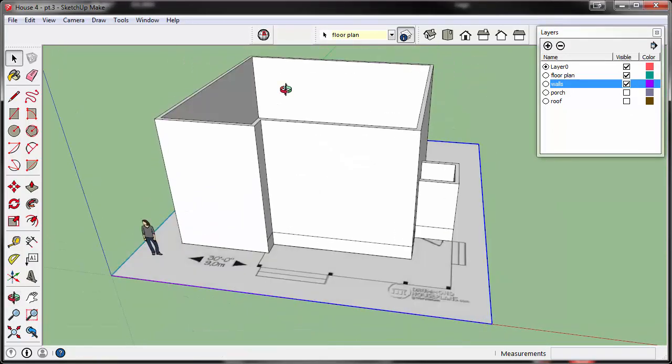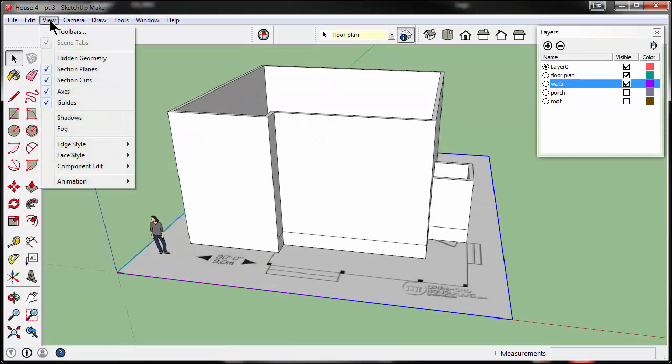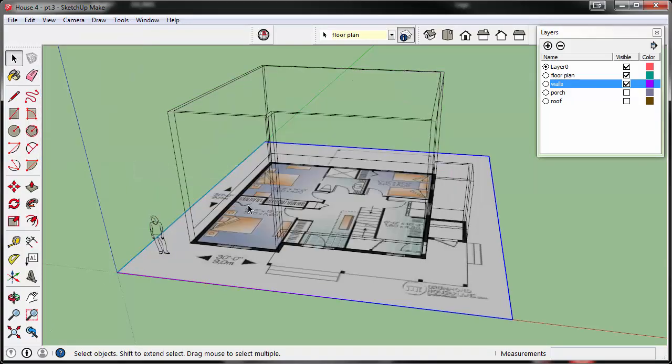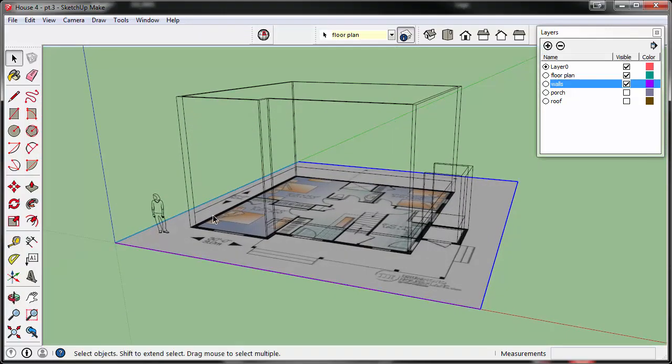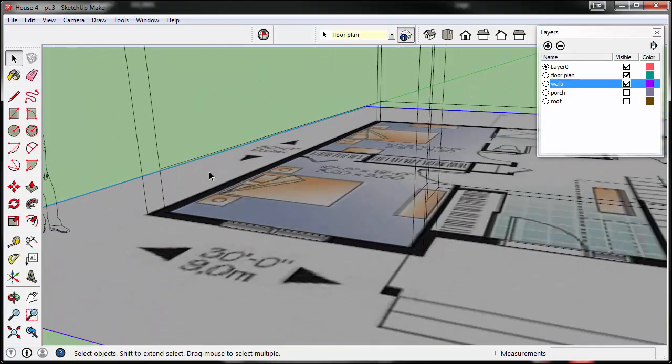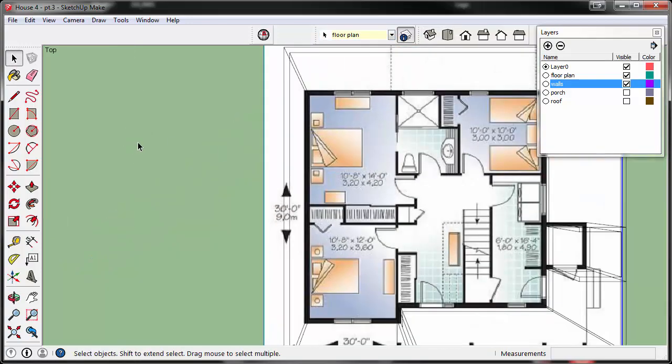Now I need to see where those windows are, but since the house is on top of it, it can be difficult. Let's go up to our view, face style, and let's go to our wireframe view. This will allow us to see the walls around the house without losing sight of where the windows are. I'll hit my top-down view again,